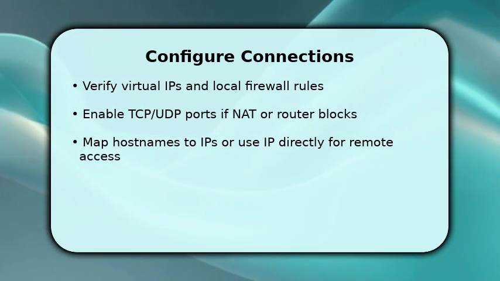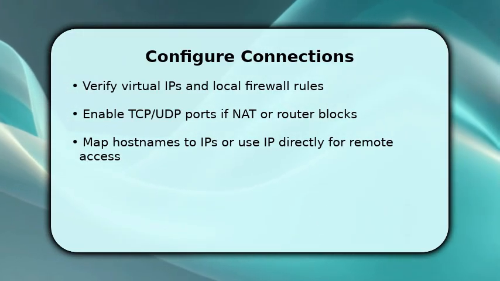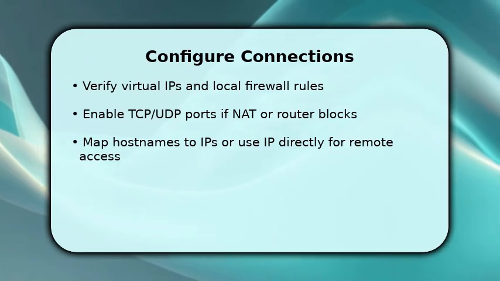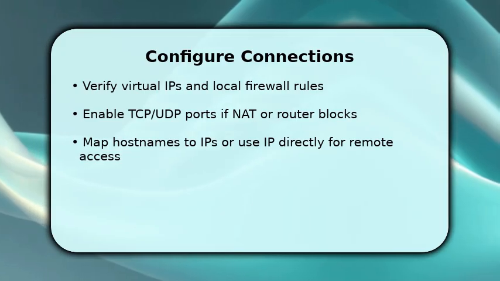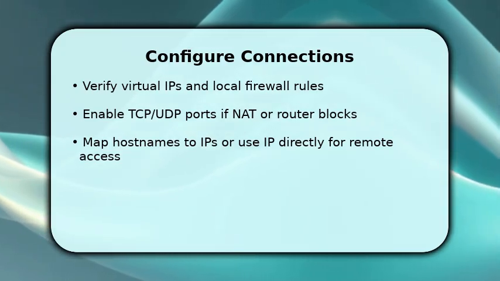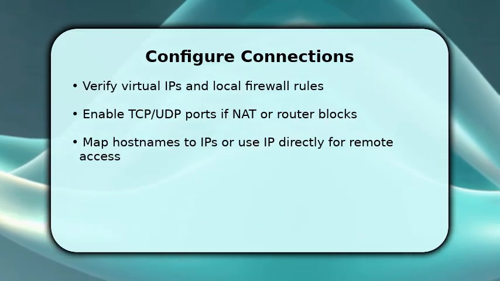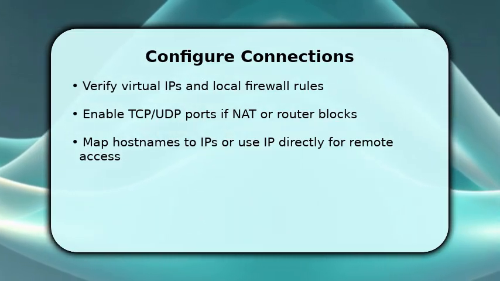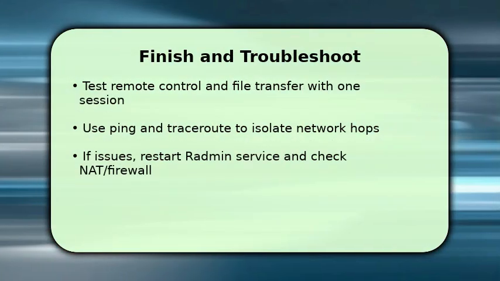If devices sit behind NAT or strict routers, forward or allow the necessary TCP/UDP ranges. This prevents intermittent disconnects. Use the Radmin friend list or enter the virtual IP to start a session. If you need stable addressing, map host names to those IPs in the hosts file so you don't rely solely on changing numbers. To finish, perform a test remote control and file transfer between two nodes to confirm latency and